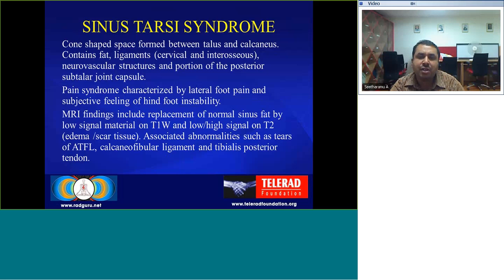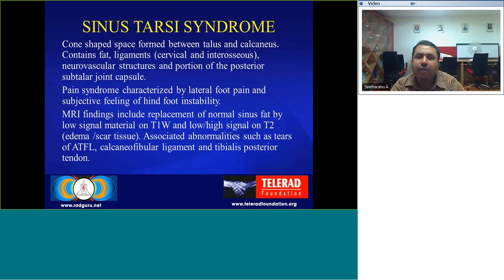Next, the sinus tarsi syndrome. The sinus tarsi is a cone-shaped space between the talus and the calcaneus. Normally, it contains fat, ligaments, the cervical ligament and the intraosseous ligament, the neurovascular structures, and the posterior and a portion of the posterior subtalar joint capsule. The syndrome is characterized by